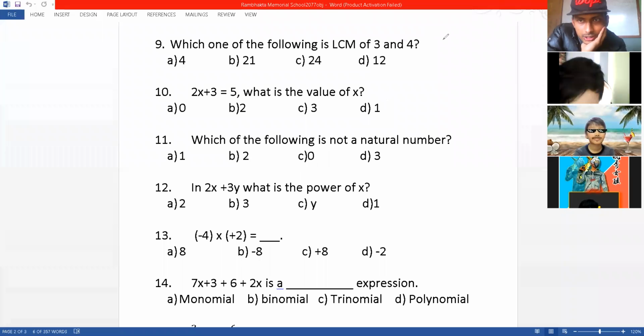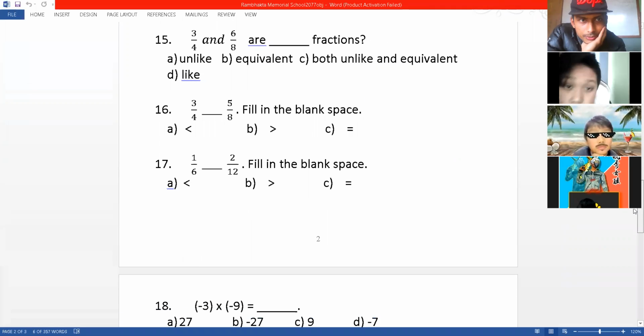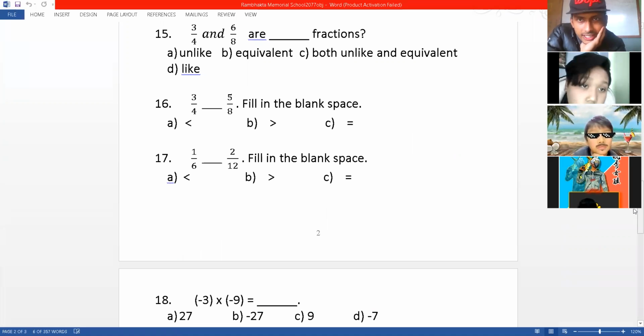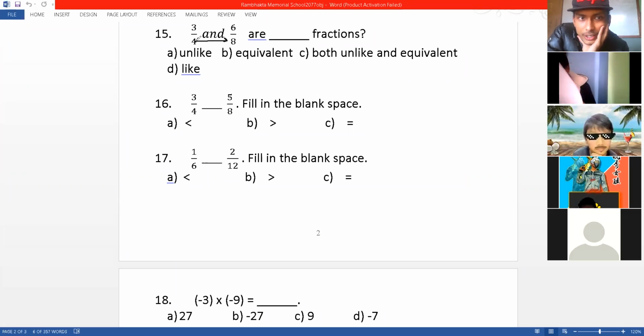Okay, so next thing is from, I hope, the last page. Okay, so up to here we've checked. So here again, nobody has it correct. I think only 1% or 2% got this 15 number correct. So what is there in 15 number is 3 by 4 and 6 by 8. What are they? They are unlike fractions, right? Look, they are unlike fractions. Yeah. But they are